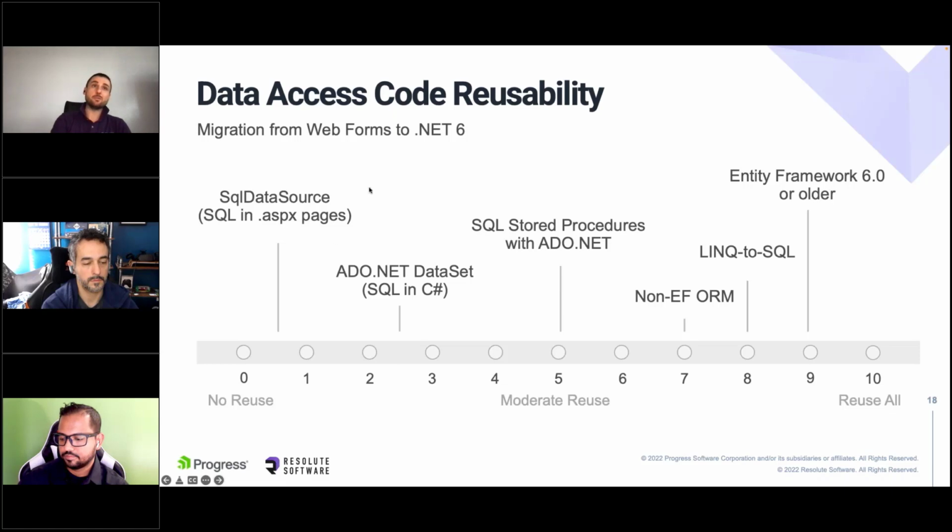For example, the worst case scenario that we have seen typically is the ASPX SQL data source component, which is a UI level component that is defined in the ASPX markup and has SQL statements straight in the markup. This is the worst case because you have SQL in ASPX pages that typically has to go somewhere else. And most of the times you're probably better off just switching to Entity Framework and redoing your entire data access layer from scratch. And obviously the best case scenario is if you have an older version of Entity Framework that you are migrating to a newer one. You already have your data model, you're working with entities that are defined by the Entity Framework, and then you have a very straightforward migration path.